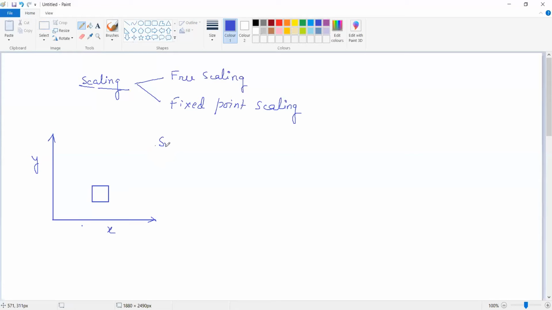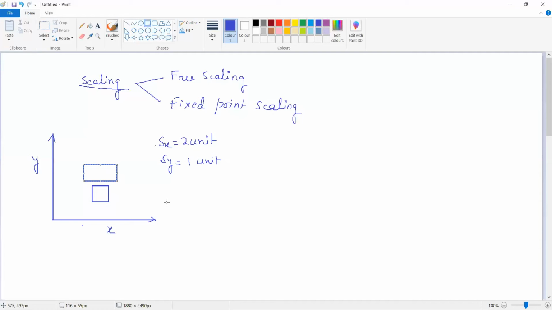So we can write Sx. Sx is the parameter which indicates the horizontal scaling. So that is the amount by which I have to expand the object horizontally. So Sx is 2 units. Okay. And Sy is the amount of scaling I want along the y direction, that is 1 unit. So if you scale the object using these factors, you can see that after scaling, the shape of the object will be something like this one.